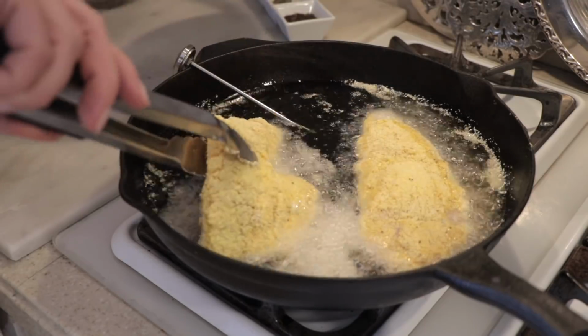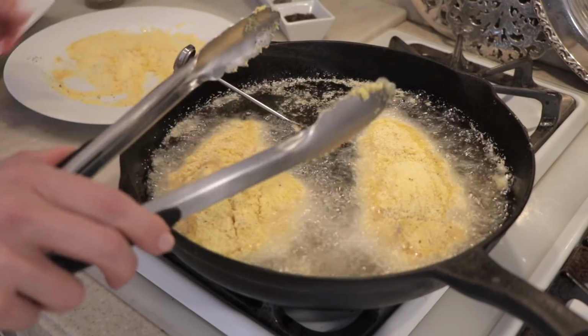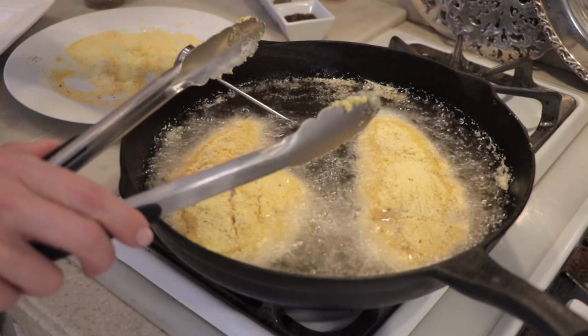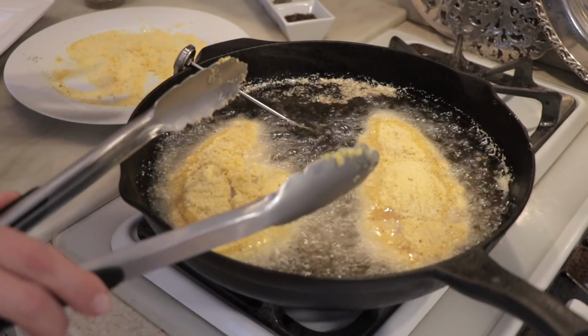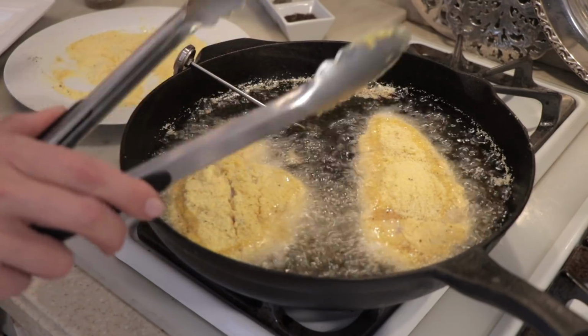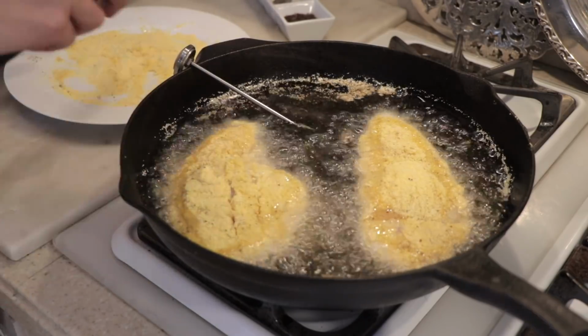Oh, I didn't mention, the reason I just said ample amount of shortening or lard is because you just really want to fill up your pan to about an inch and a half once it melts, and I don't know how big your pan is, so whatever you need for that. You really only want to do 2, 3 at a time. This recipe can be doubled, quadrupled if you're having a big fish fry, but you don't want to crowd your fish. So we're going to let those cook